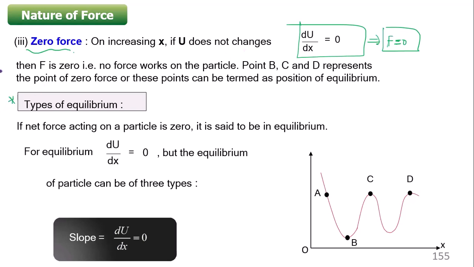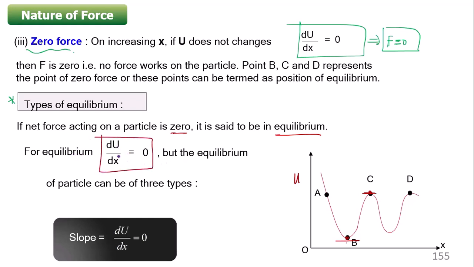Okay. So why? Because we know that for equilibrium to happen, the net force on the particle must be equal to 0. So if I want to calculate the net force on the particle, and I see the particle at point C or at point B, at both of these two points, I can say the slope is 0, that is, net force is 0. If the net force acting on a particle is 0, it is said to be in equilibrium. So the particle is achieving equilibrium at point B or at point C. So this is the most important condition for equilibrium.